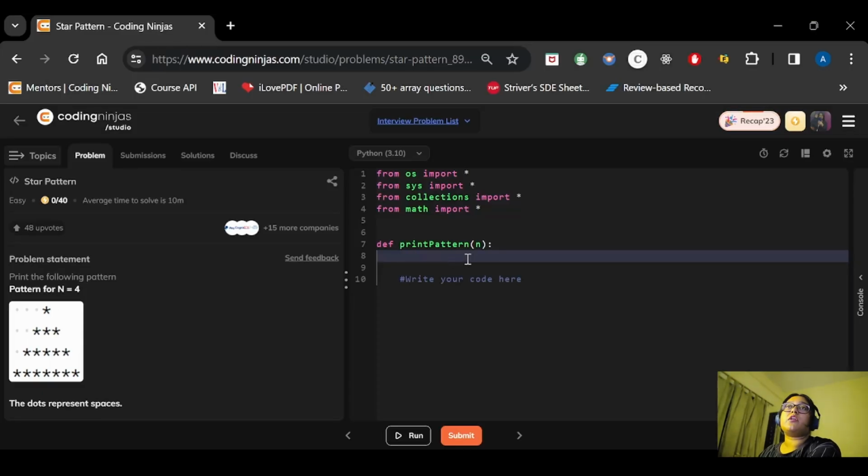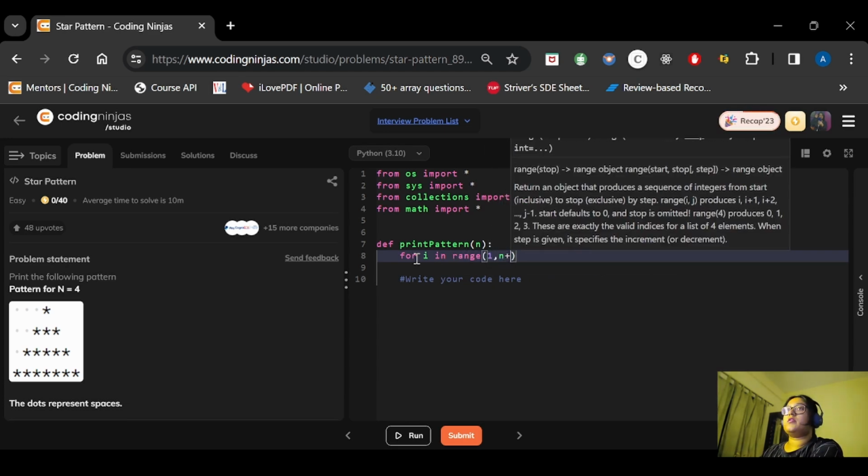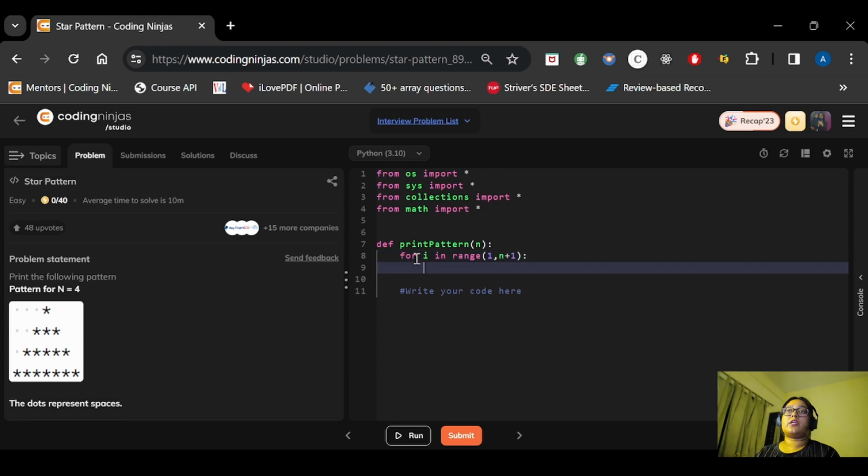In this we have already been given n. Now what we need to do, we will be starting our iteration from 1 to less than n, right? So we will go till n plus 1. Now we will have two inner loops, right? One will be for the spaces, the other one will be for printing the stars, right? So let's say I am taking k for the spaces. So k in range of